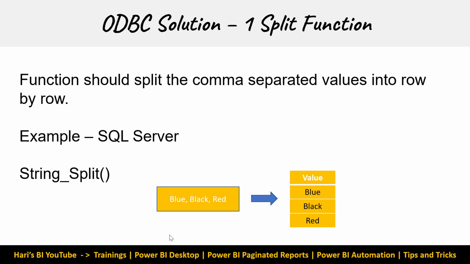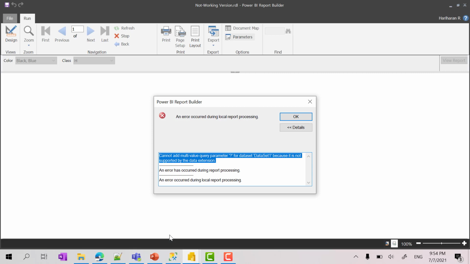How am I going to do this in this report? Basically, whatever database you are using, somehow that database or system, through ODBC, needs to convert the comma separated values into row by row. I will leave the script for Oracle and SAP HANA in my video description. You can take a look, and if you need, you can use it. Right. So let's go to the report and see how to achieve this.